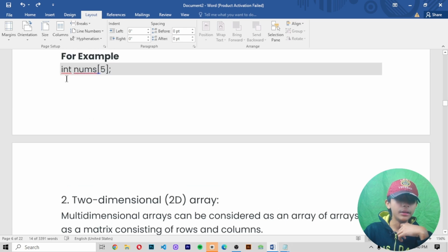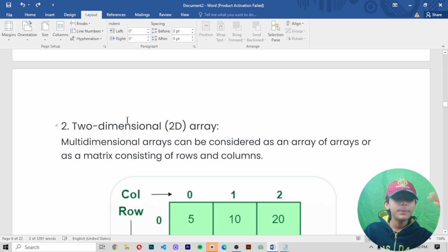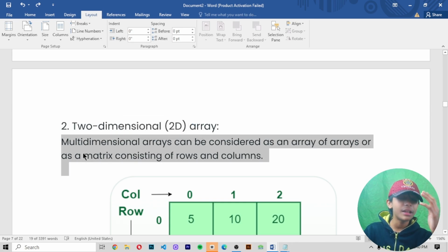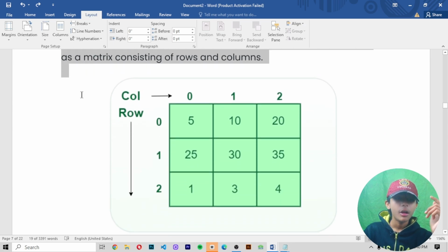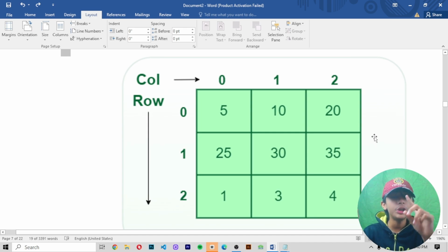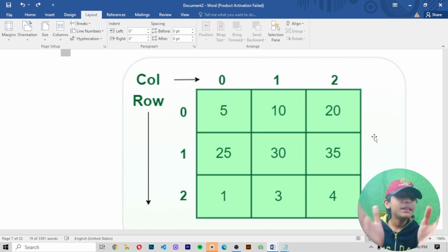Number 2, two dimensional, or 2D array. A multi-dimensional array can be considered an array of arrays, or a matrix consisting of rows and columns. Like in this array, we create 5, 10, 20, 25, 30, 35. Here 0, 1, 2 are the columns, and on this side 0, 1, 2 are the rows.